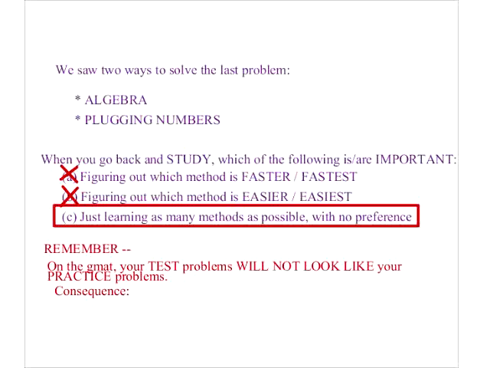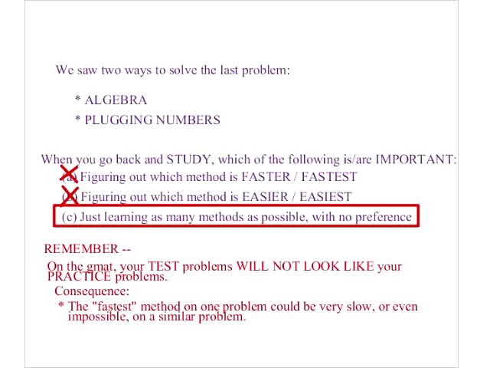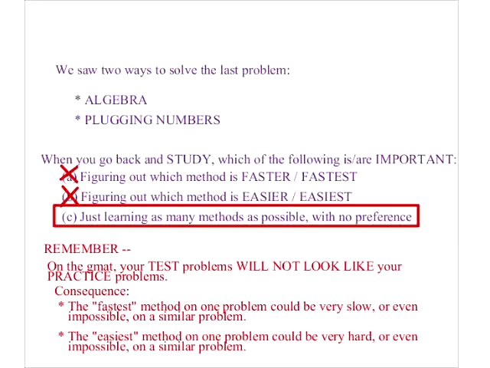Whatever is the fastest method on one problem could be very slow or even impossible on a similar problem. Also, the easiest method on one problem could be very hard or even impossible on a similar problem,